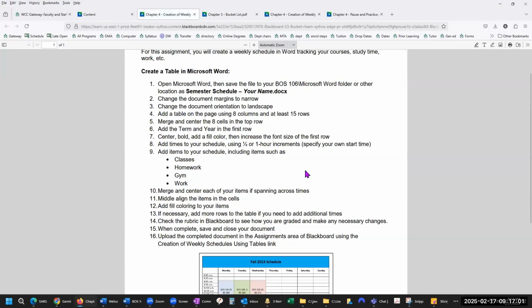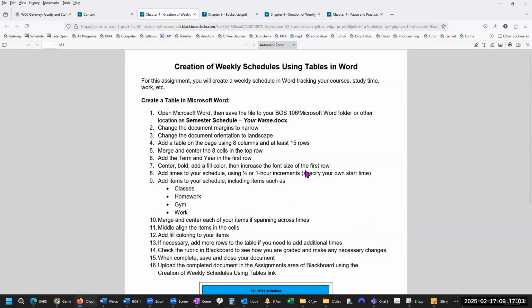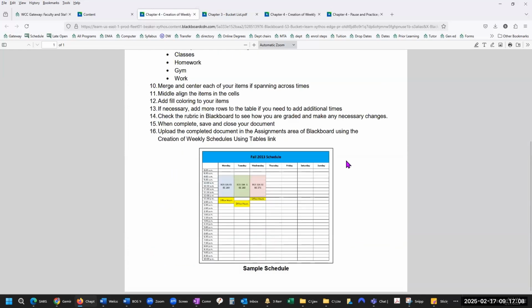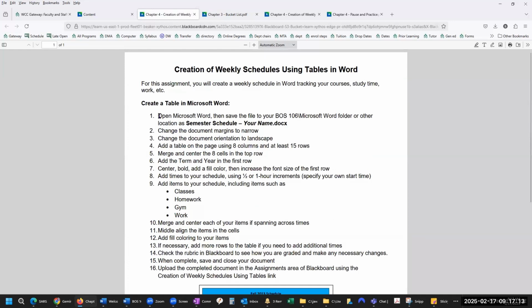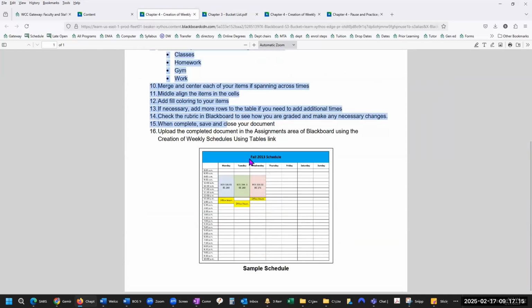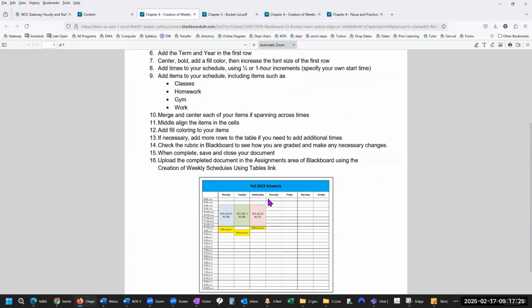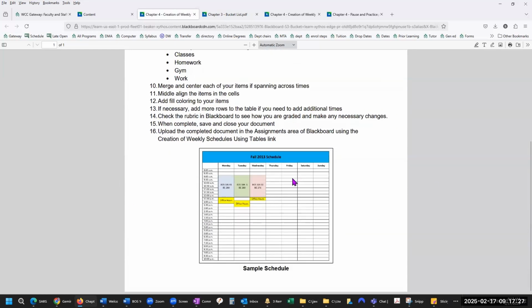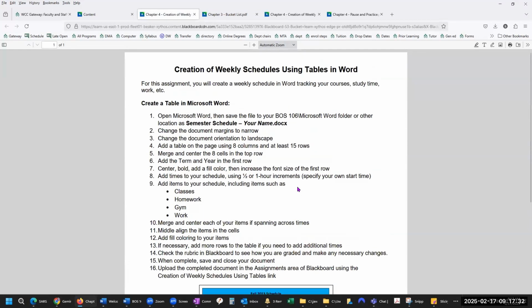So you're just creating it in Word, right? You're creating it in Word and uploading it to Blackboard. So you're not putting it in OneNote, in anything. This is how it outlines what you've got to do here, but your final product is going to be a schedule page where you've got days of the week and the times. You could do half hour or an hour. They give you the flexibility, but as long as it looks this way, you're good.